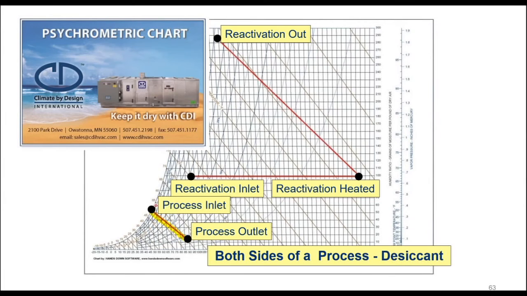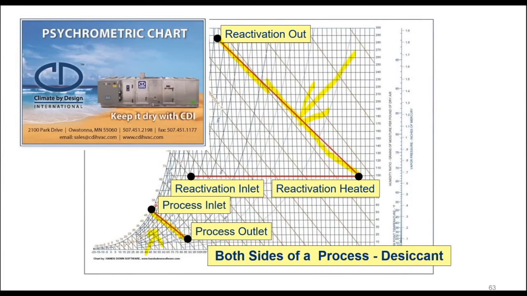On the top, this is the reactivation. This is where the water is being expelled from the system back into the atmosphere. I wanted to give you this example because it's an example of how the relative lengths of a line give you relative volumes. Let's say that we have 9,000 CFM of air that we're going to dehumidify. The energy shown in this process line is the same exact amount of energy in this process line.